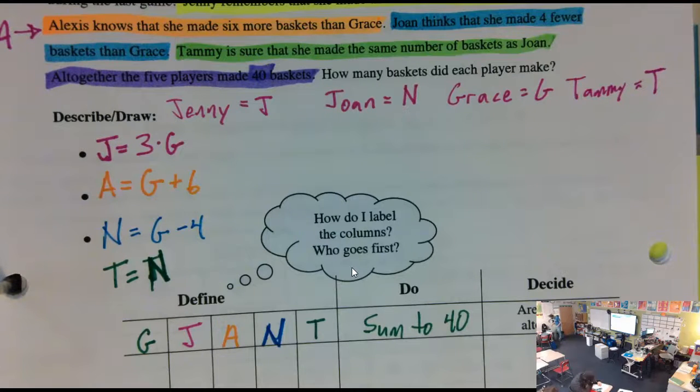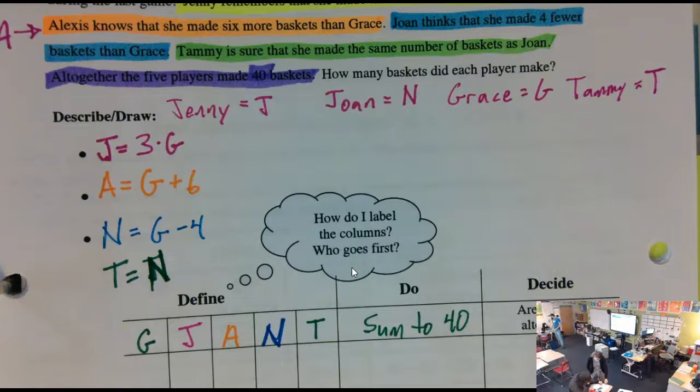So here's going to be the trouble. If we make Grace 2, and we know that Joan is Grace minus 4. Yes, it does. Grace minus 4. Yeah, I know. It's 3 minus 4. No, T equals N. Yeah, you make negative baskets. So 2 is going to be too small. So you can either erase that, or just move on down to another trial. I would probably erase it so we have some extra space.